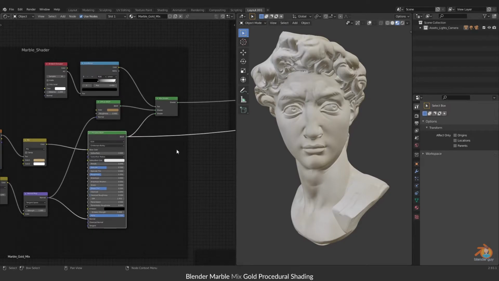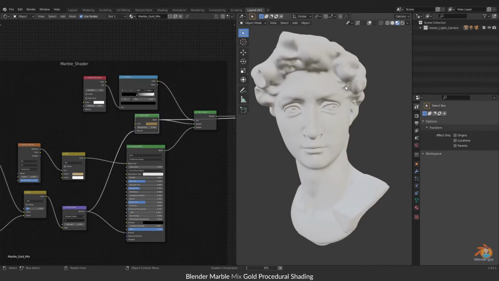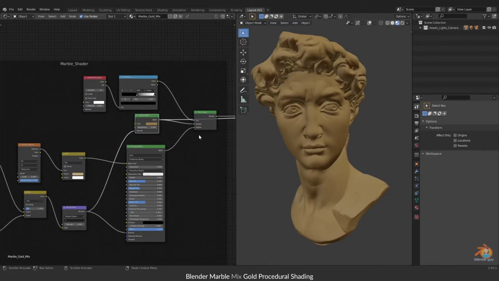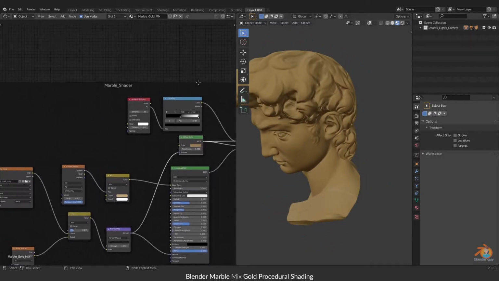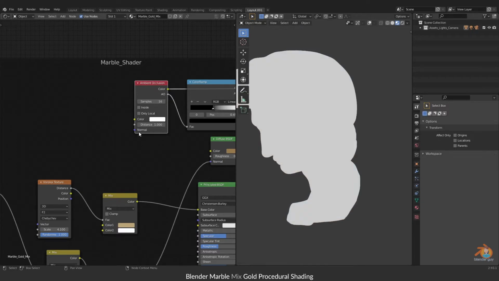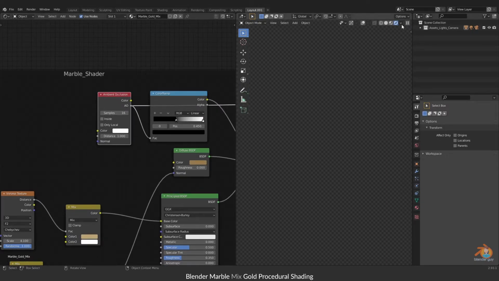On whichever node you want to see how it works, you just need to Control Shift click. This is the material I used for occlusion. This is the occlusion again. It only works here.